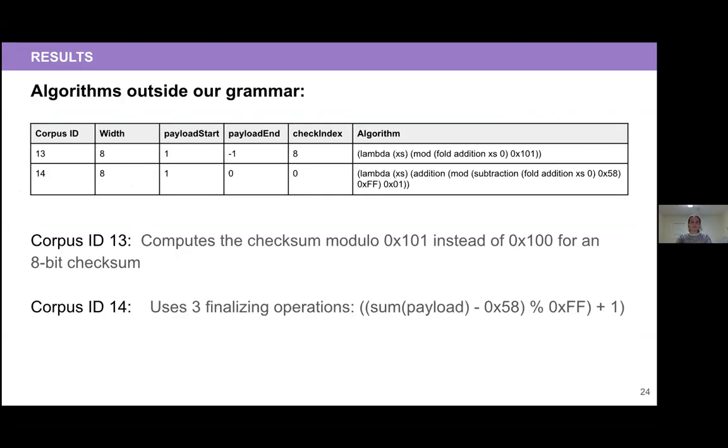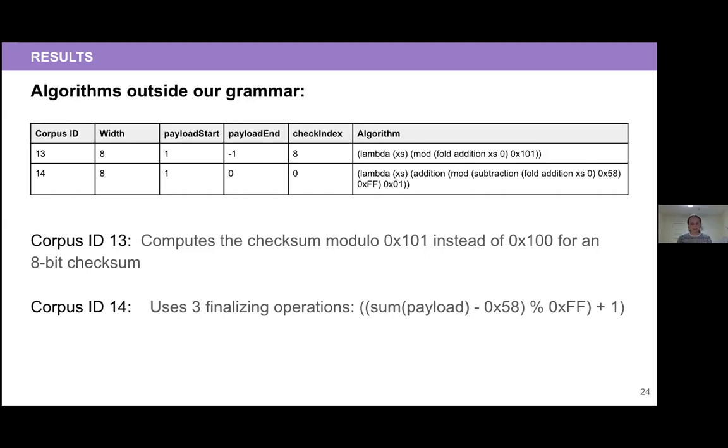So for these 2 algorithms, our approach can express the location of the payload and the checksum, but the grammar isn't expressive enough to synthesize them. The first problem computes an 8-bit checksum modulo 257. Normally we would see the modulo operation being used just to extract the least significant bits and make sure that the checksum fits in its 8-bit field. This algorithm computes a checksum modulo 257, which doesn't necessarily guarantee that it fits in a byte,